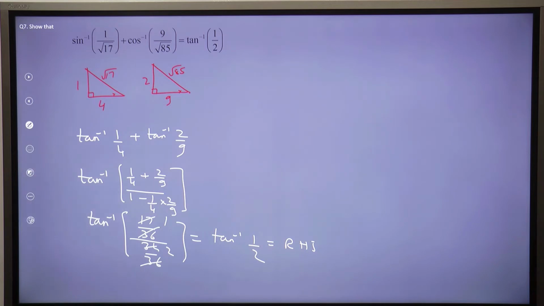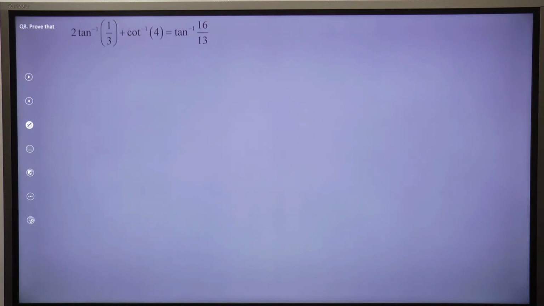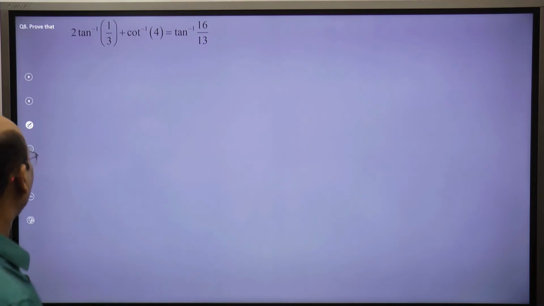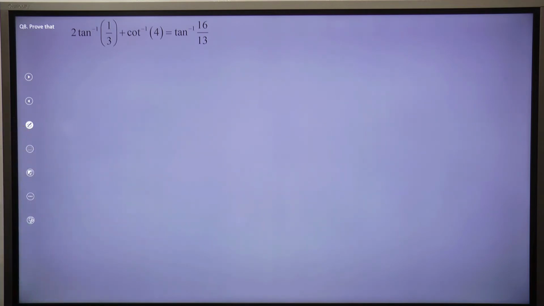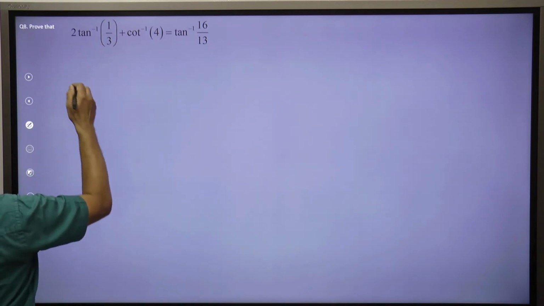Okay guys, let us take the next question now. 2 tan inverse 1 upon 3 plus cot inverse 4 equals tan inverse 16 by 13. So, let us work on this. Once again I have to prove tan inverse, so I can convert this to tan inverse. So, this will become